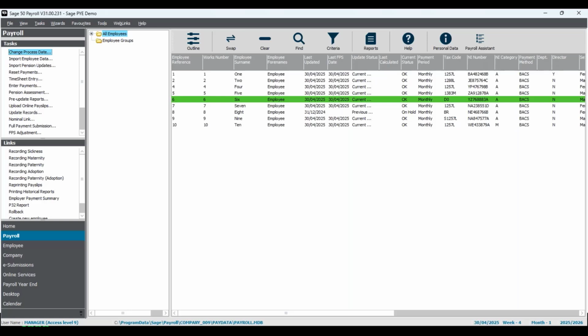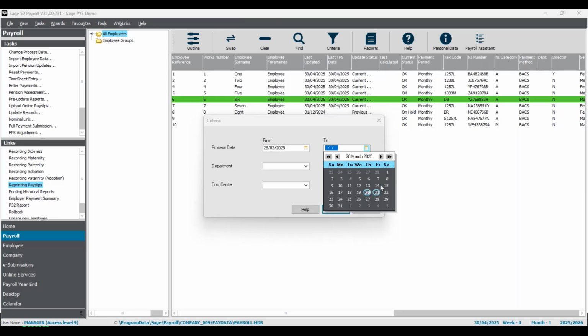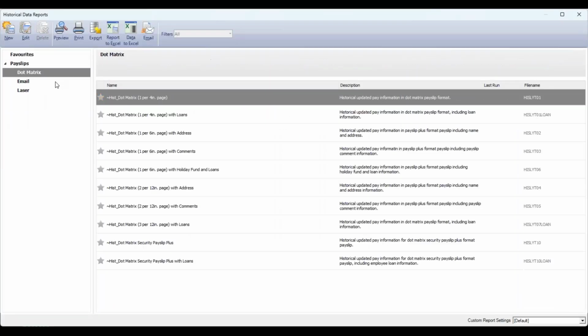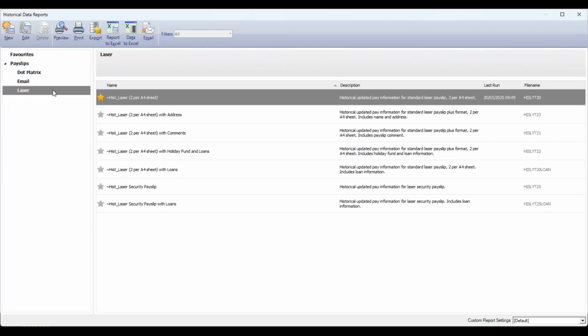Now, if you don't have the payslip, you can actually reproduce the payslips from the payroll links section. So if I just click on that, in this case, I'm going to grab the payslips from each of the periods I'm going to reprocess. So February to April. So you can kind of cross tax years with this as well. I'll click OK. And this gives you all of the different payslip layouts that you would normally have. And it's just a way of reproducing them after you've updated the records. So you're still able to get them. And if I just produce them here,